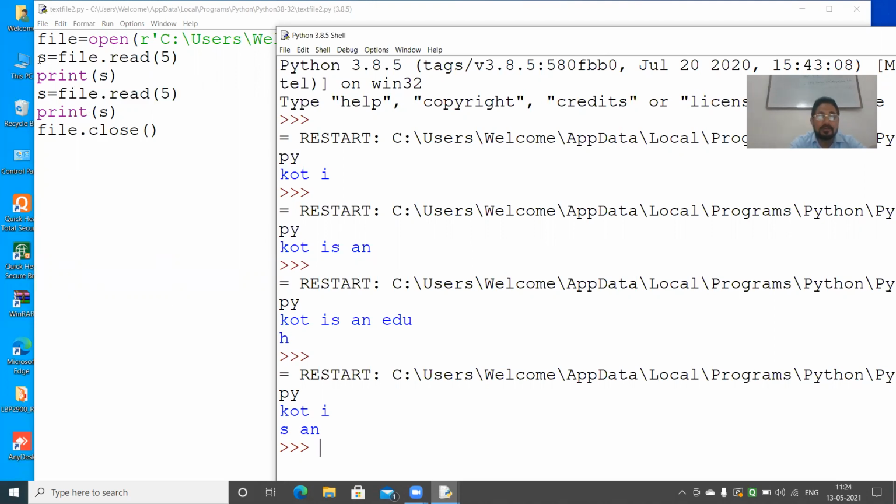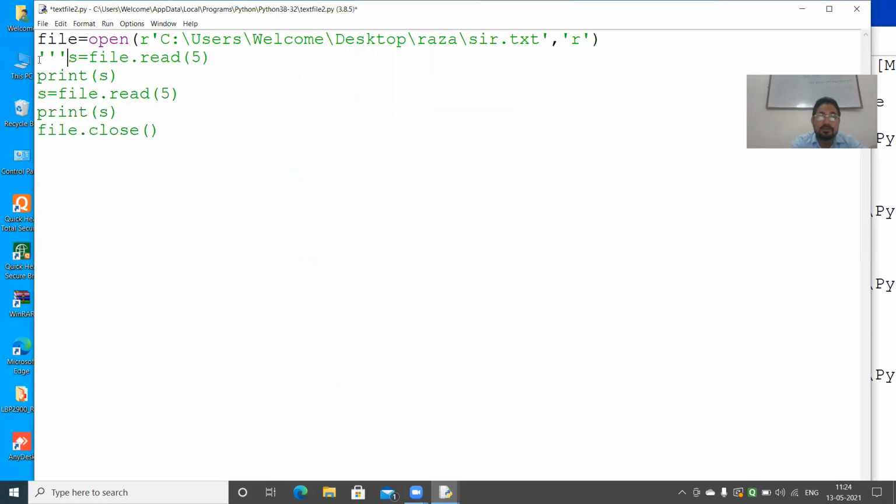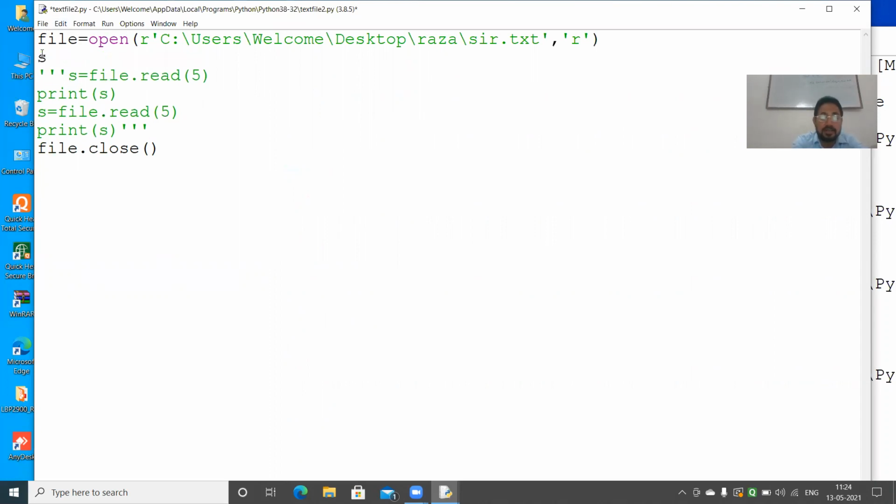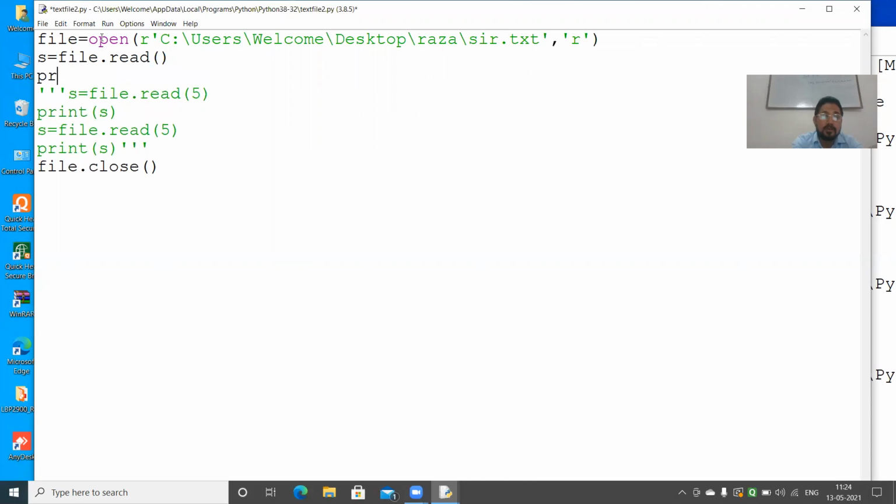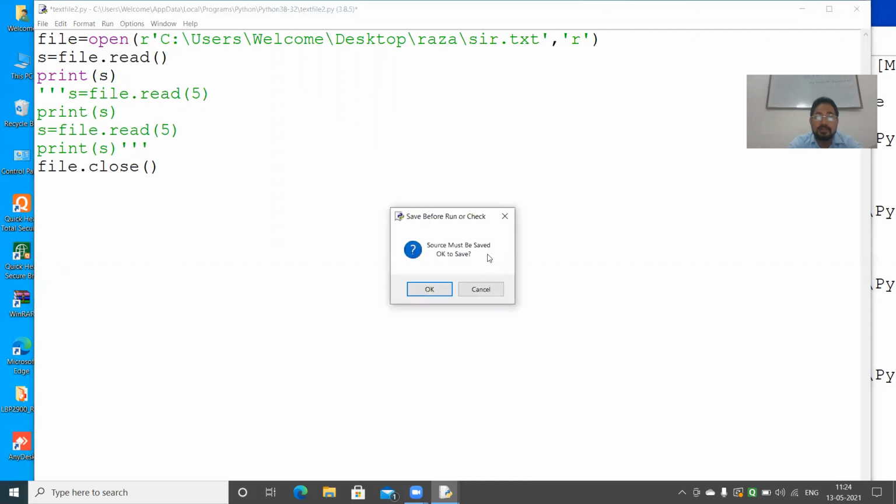Just a minute. If you have some sort of confusion, the programming part you have to run very well. S is equal to file.read, and run it. Print S. So it will read the complete file, and then you print it.